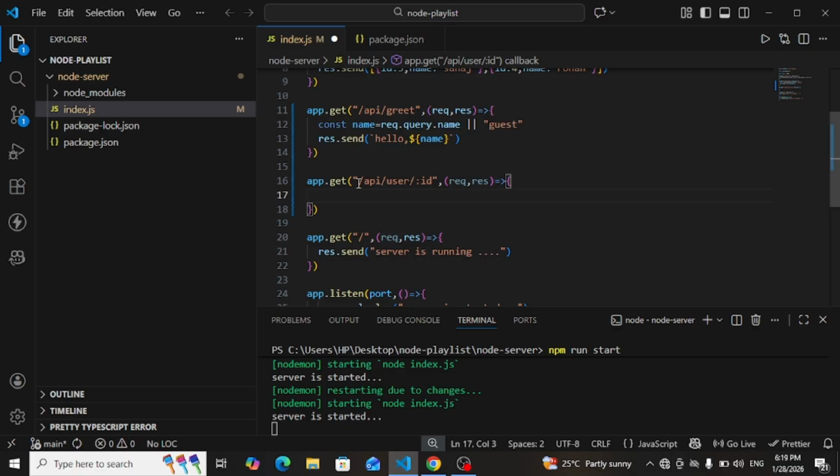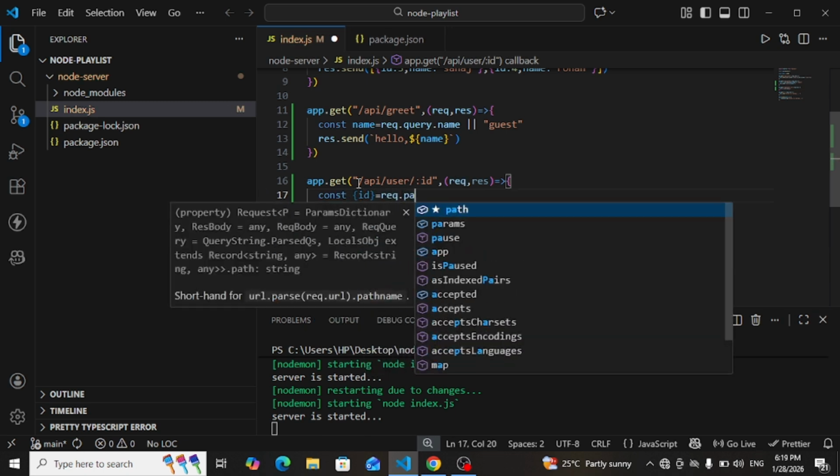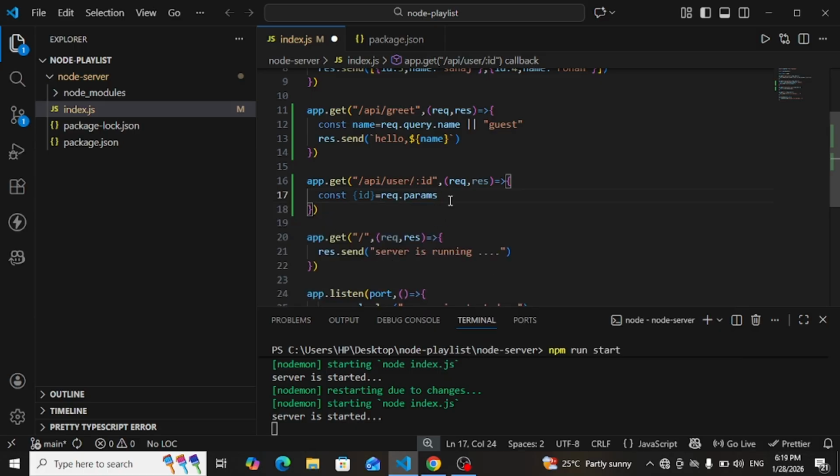Now we will make one variable, that is id. So const id is equal to request.params. Here :id is a route parameter. So whatever value we pass in place of id will be available inside request.params.